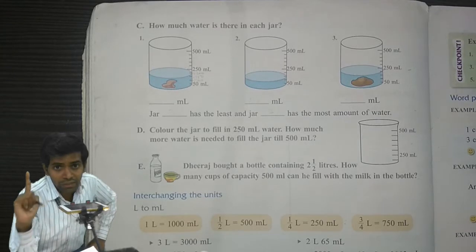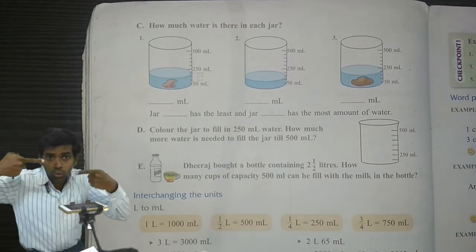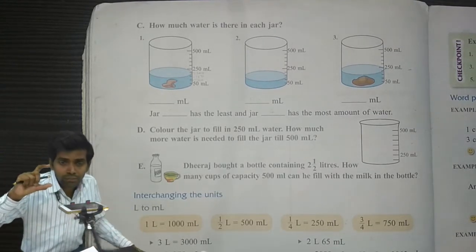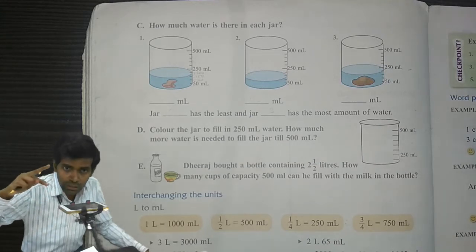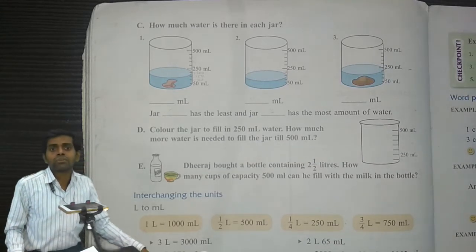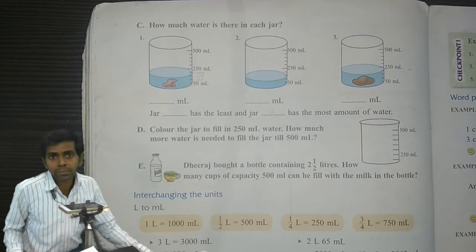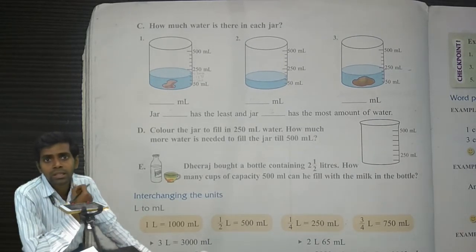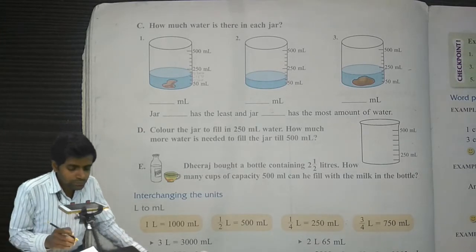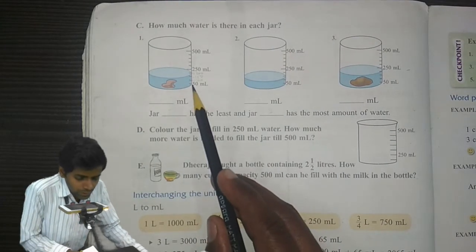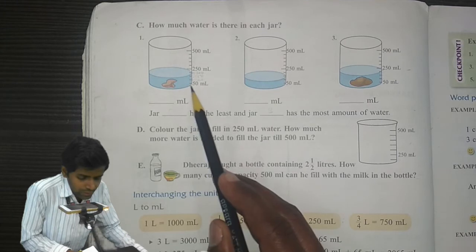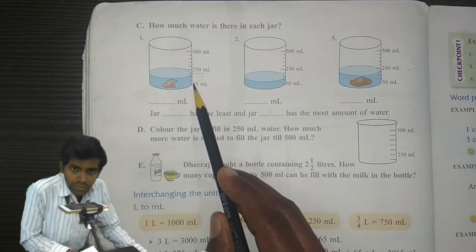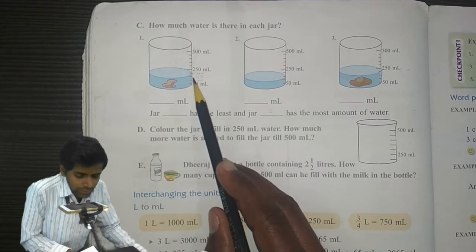That means each division, मतलब क्या बोला मैंने, the part which is in between the two small lines is indicating 50 milliliters. Okay, 50 milliliters है. ठीक है. Okay, so as you can see here it is going up to the 200. Yes, first one is 50, second, third and fourth.